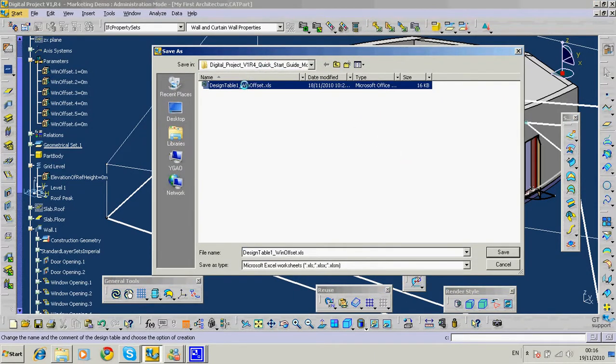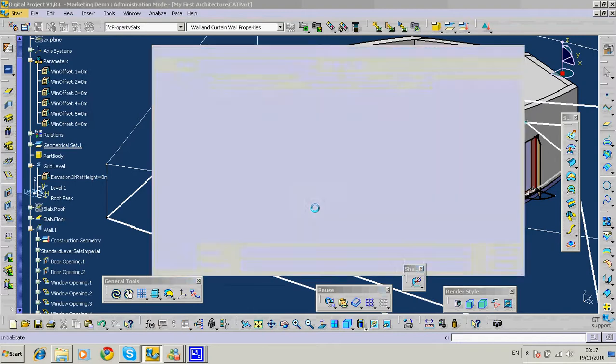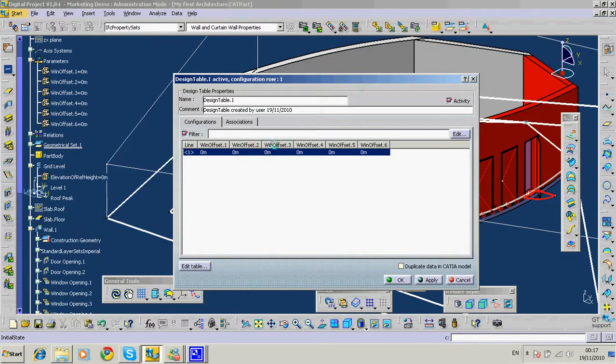Let's just overwrite this one. I've got one already, so I'll overwrite this one. Call it design table 1 window offset. Yeah. We'll generate a new Excel spreadsheet. Right, so those parameters, if you do add in table,